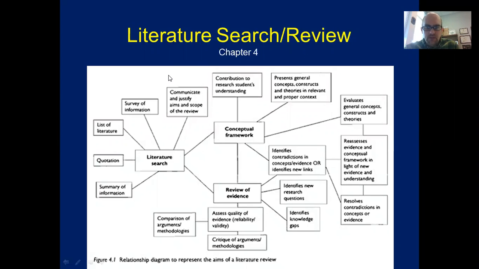Okay, so today I'm going to talk about the literature review, a little bit about the process and how you go about engaging in writing a lit review. Also, we'll talk a little bit about descriptive research and descriptive statistics. So to start off with,